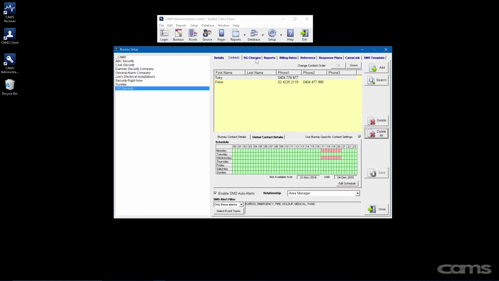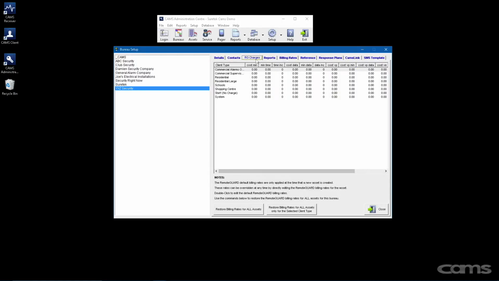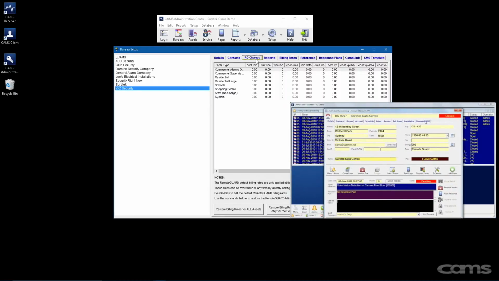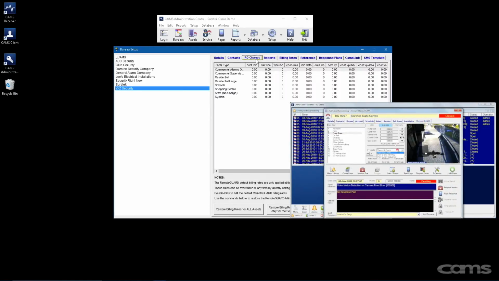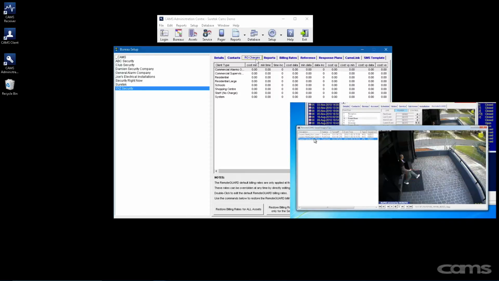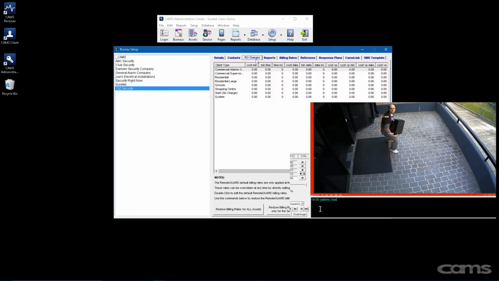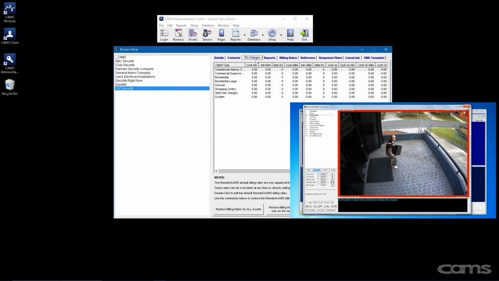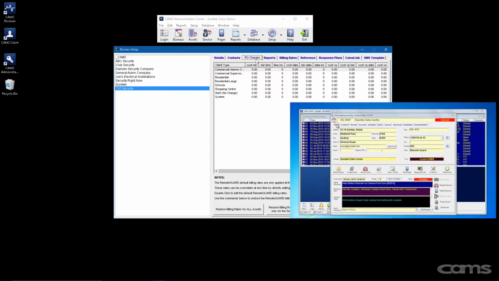RG charges. This is related to Remote Guard charges. Remote Guard is a feature that allows the control room direct access to cameras at the asset site and perform video monitoring and virtual patrolling based on alarm events or scheduling, allowing the control room operators to have remote visual verification to the site. Remote Guard is an excellent way for control rooms to generate additional revenue streams because it enables you to bill the video monitoring service in a very granular way specific to the requirements of the bureau